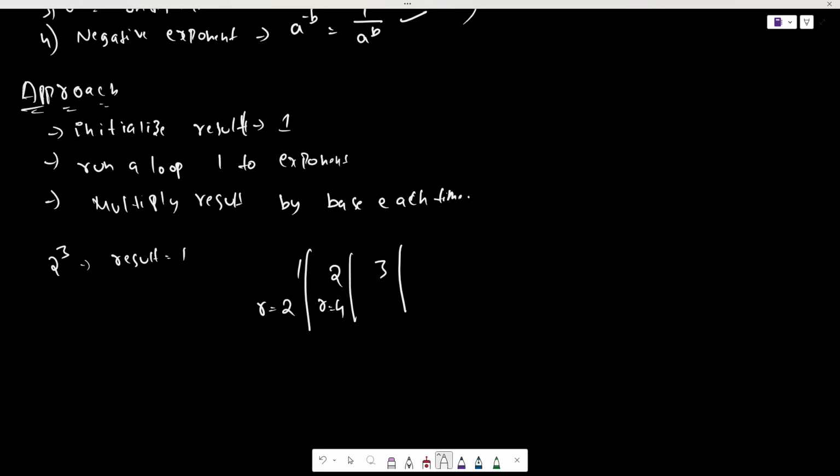So my result is 4. So 4 into 2 will be 8. So basically 2 cube is equal to 8. So 2 cube is equal to 2 into 2 into 2, multiplying the base, power number of times. So what is 2 into 2? 4, 4 into 2 is 8. So that is what exactly we got at last, right? So this is a pretty straightforward approach to solve